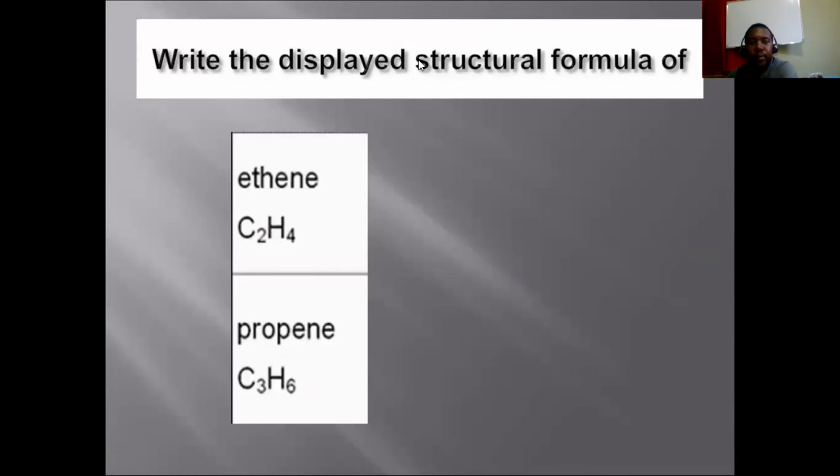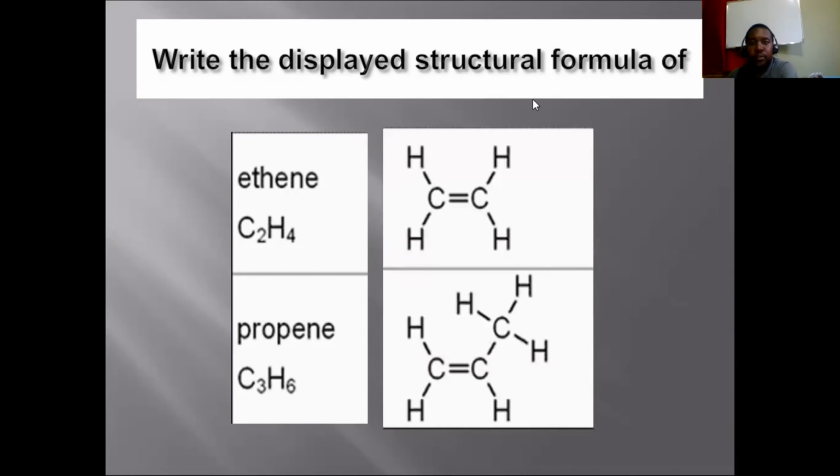And let's look at the alkenes, right? So we notice that it ends with ene, so that means it is an alkene, right? So we use our general formula to get our formula C2H4. So in this case, we have two C's, and because it's an alkene, we have a double bond between our C's, right? And if we isolate each carbon, we notice before these two hydrogens are placed,